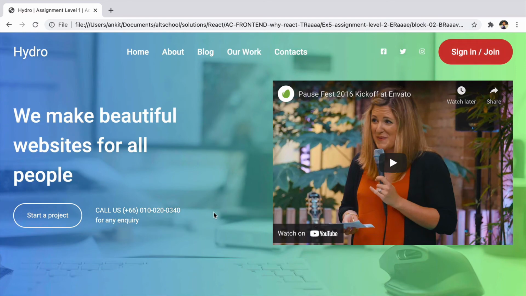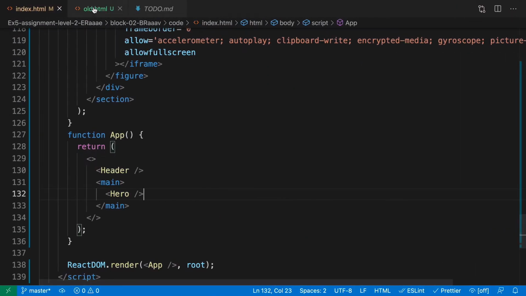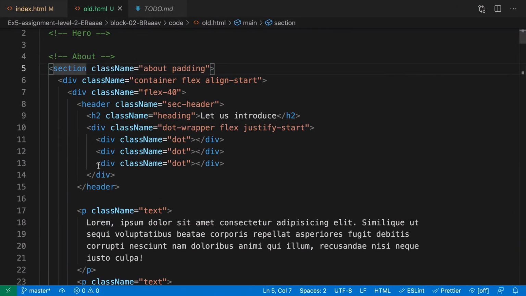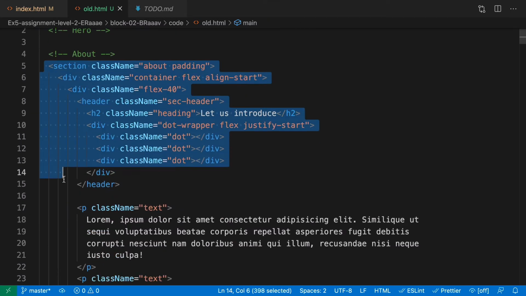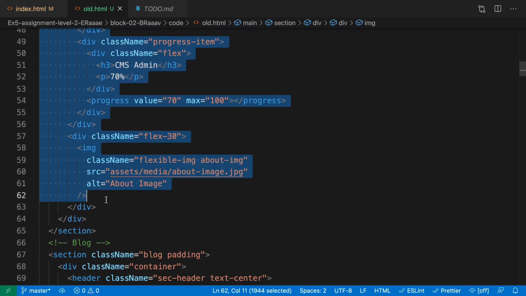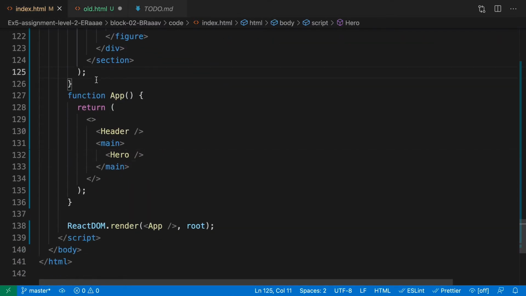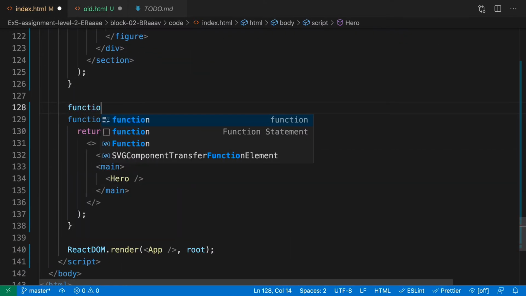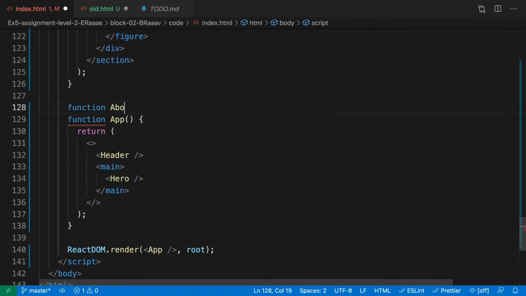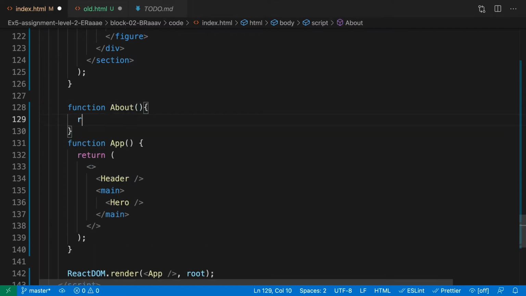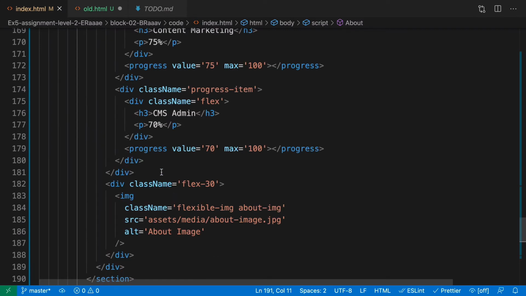Can you see? Perfect. Moving on to the next, we have to put our about section. We are going to take this about section from here, cut it, and we'll paste it into a new component. So we'll say function About is going to return this one.